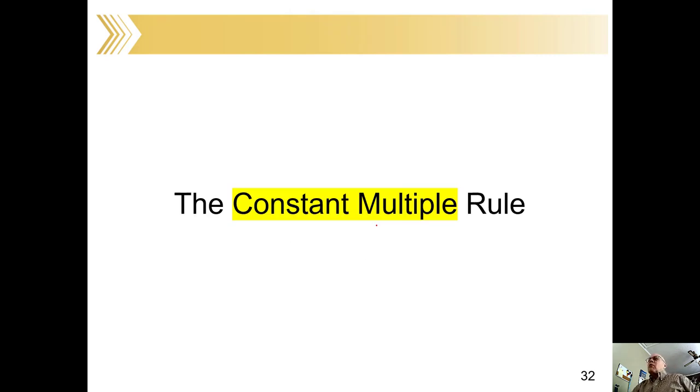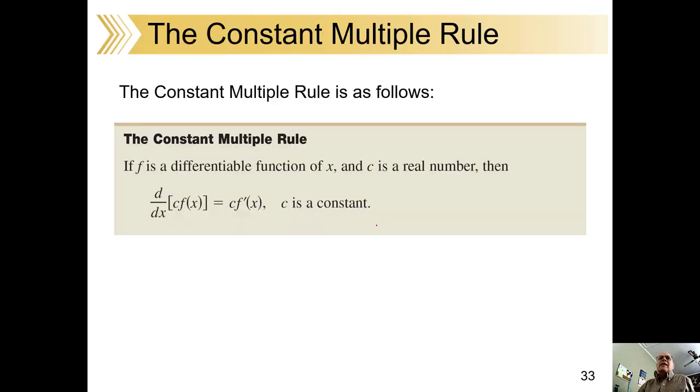Now, the constant multiple rule. This looks like we've got a bunch of rules. It's not really that complicated, so just relax. The constant multiple rule just means that if you have a number in front of your x, you're going to incorporate that with what you've already got. So, for example, let's throw in a quick example here. Let's suppose your original function is